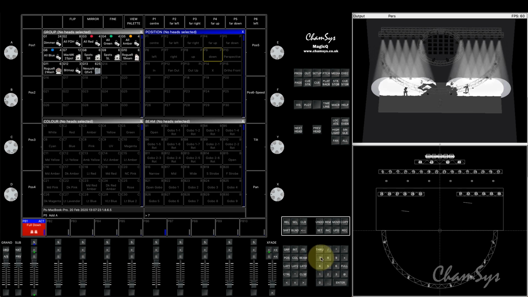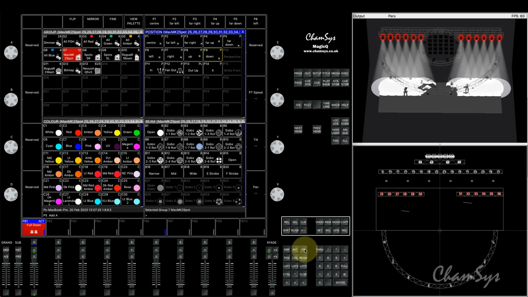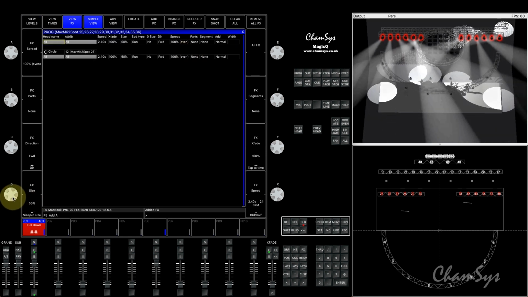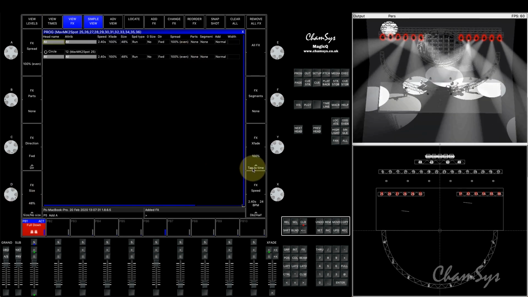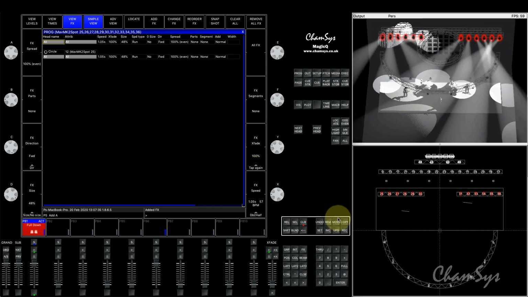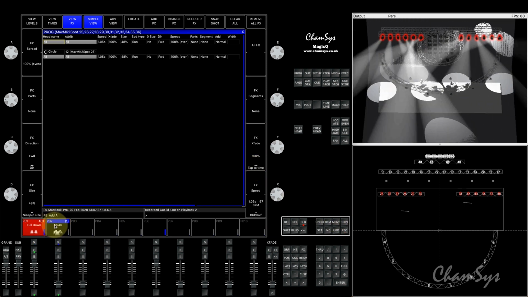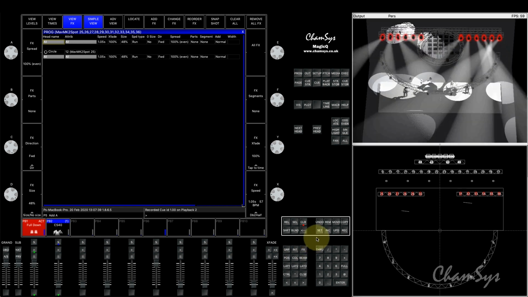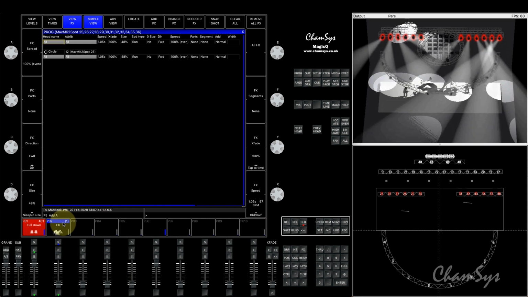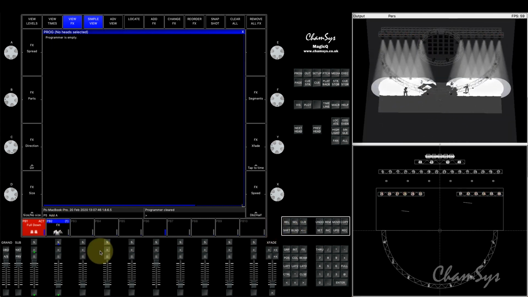Now let's take group 7 again and we're going to select an FX. Let's have a circle position effect and let's adjust the size and the time until we're satisfied, and then record this to playback 2, label it, clear the programmer,